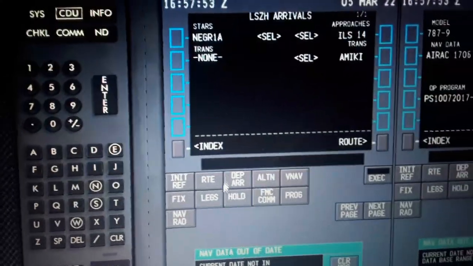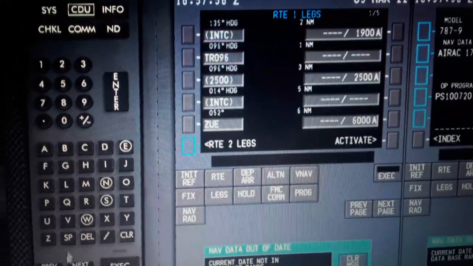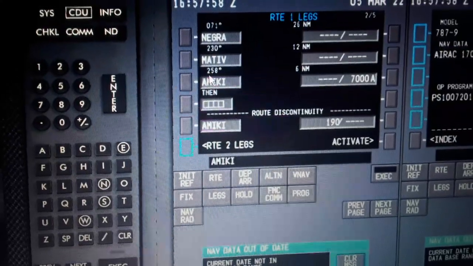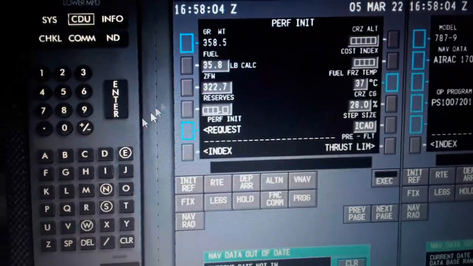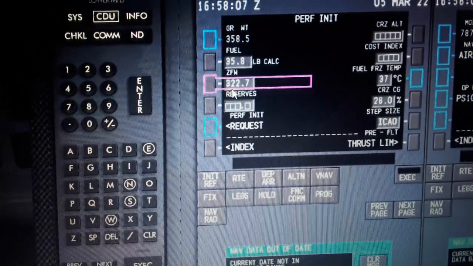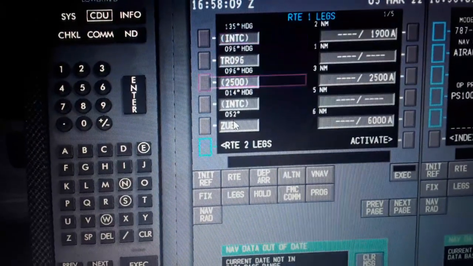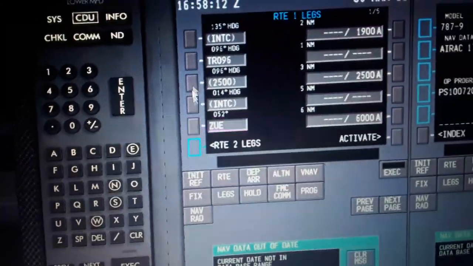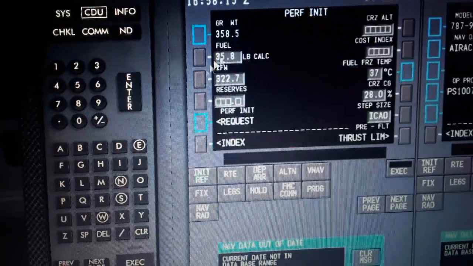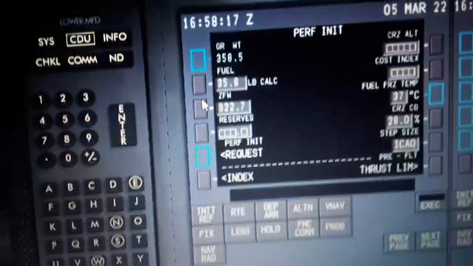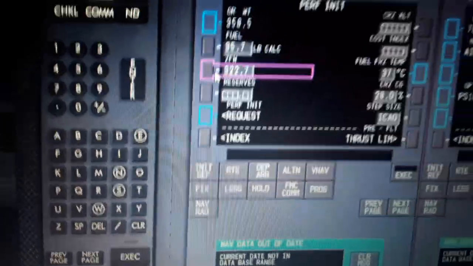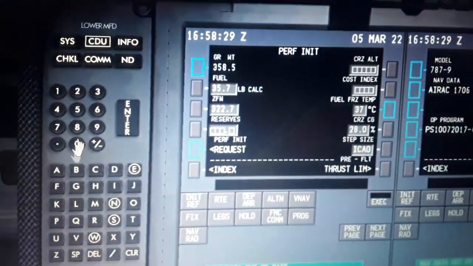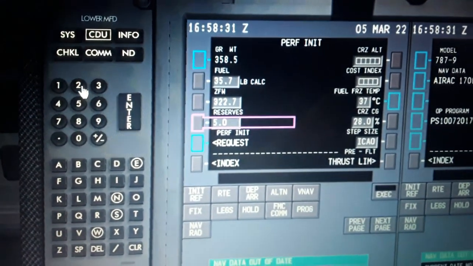So we have the route here created. We need to cancel a discontinuity in the waypoint, so we copy paste one another. So we need to add some values here. You have the legs here already created but not yet active. These are the waypoints we have to cross through the flight plan. So we have here the takeoff gross weight, zero fuel weight, plus fuel on board. So we have 322,000 pounds plus 35,000 pounds, gross weight 358.9 thousand pounds, the reserves 5%, cruising altitude